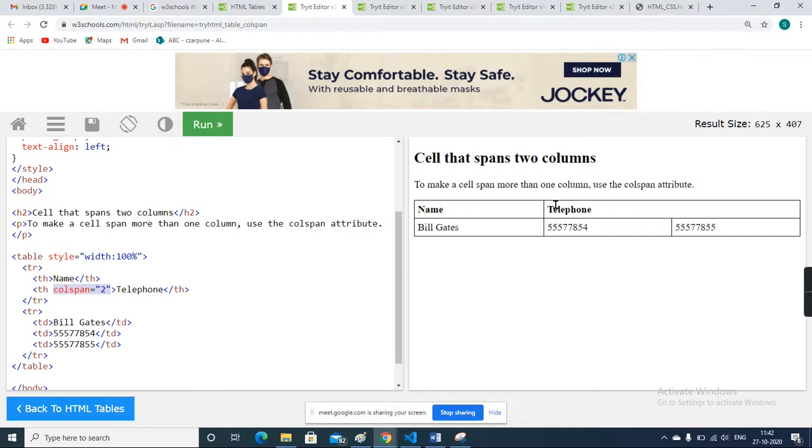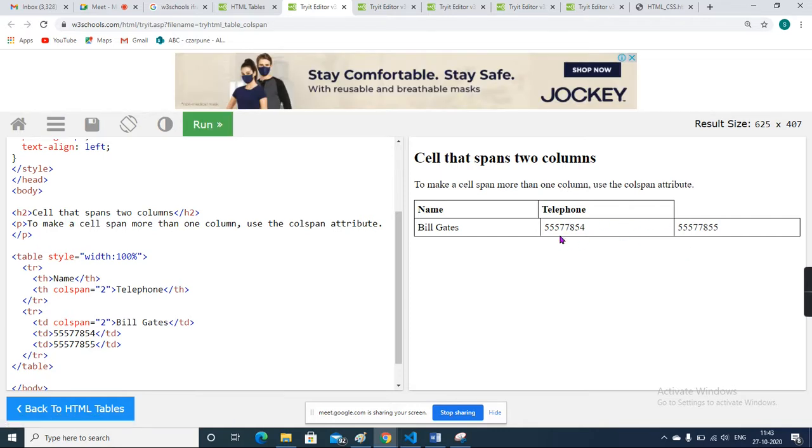See here, you can see it merged. There are table header and colspan 2. If you want to merge these cells, you can apply it. I just put the colspan here, then we see the difference in how it looks. You can see the change here.